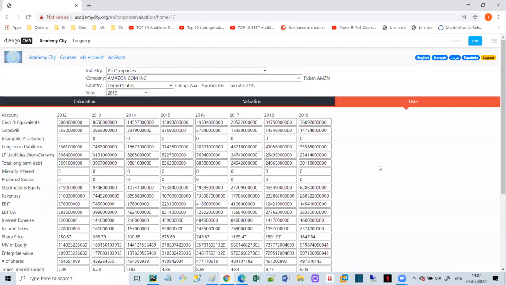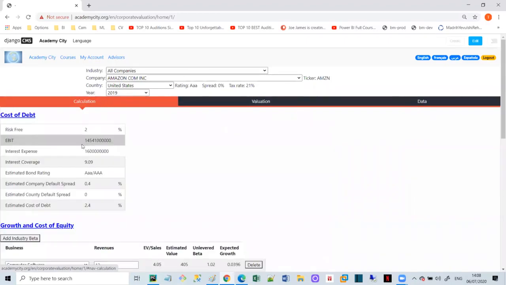So you can find the total long-term debt, you have the total liabilities, and you have the total equity, okay? So you take this number, which is important, and if I recall, this is the number that you need to use. This number divided by this number gives you a ratio. You take that ratio, and you multiply it by the unleveraged beta. And that's the way you get to